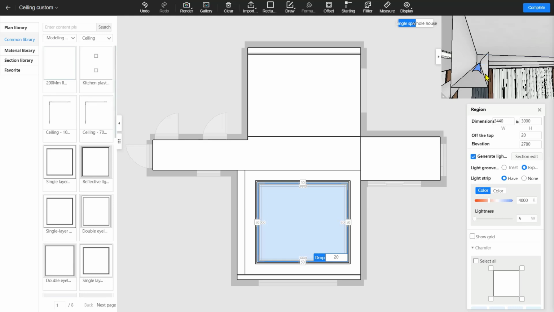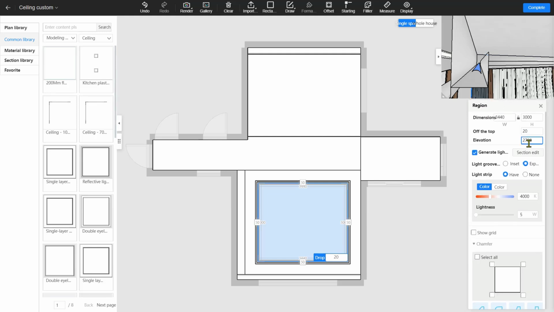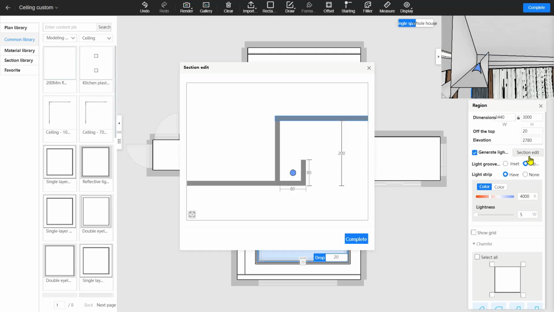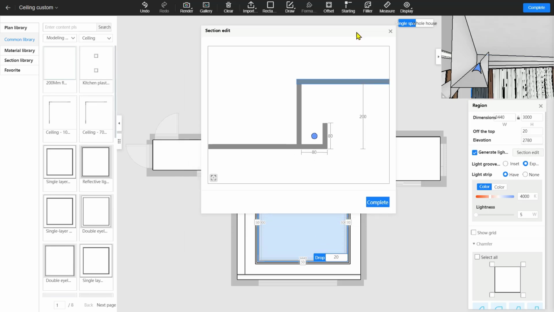And if you want to see this light clearly, you can go to this region and here has a section edit. Now you can see this light inside. Move this light and it will go to here. Move it to this corner and it will come to here. You can place this at the place you want it, or even change the height of this wall, like changes